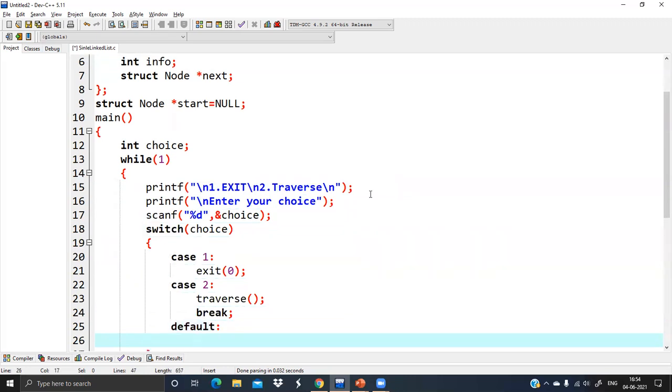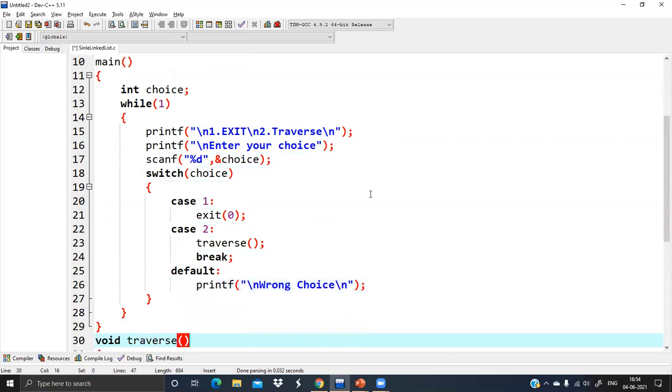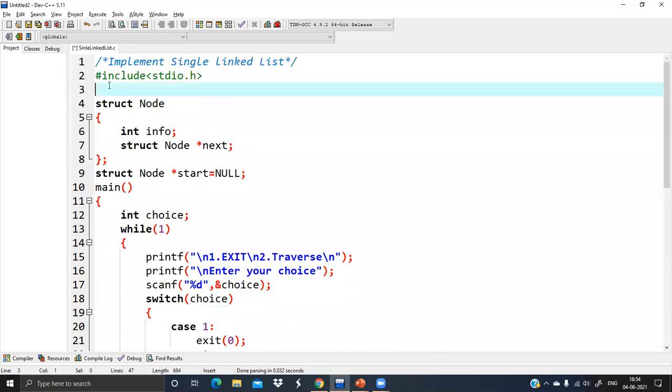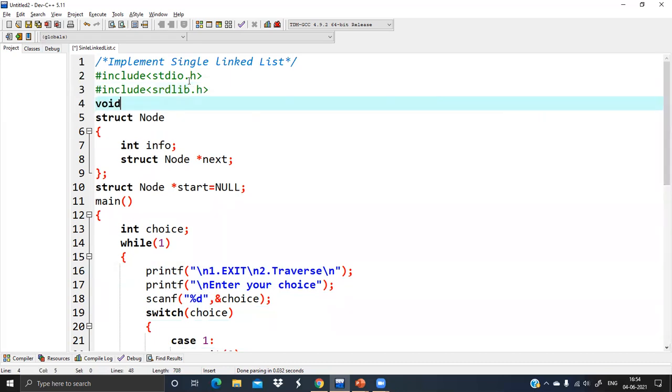Then default, wrong choice. Okay, so this is the skeleton of the program. We are not executing right now. This is for exit function. Then void